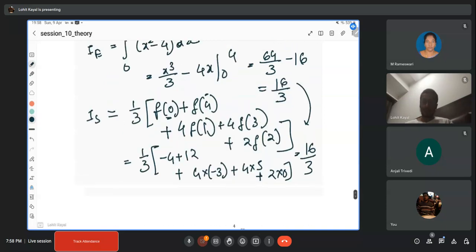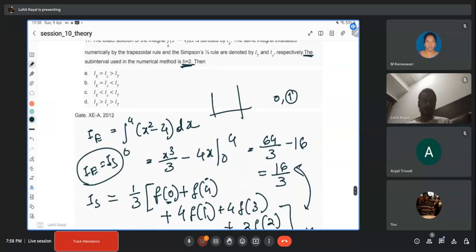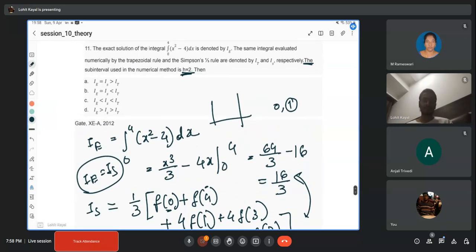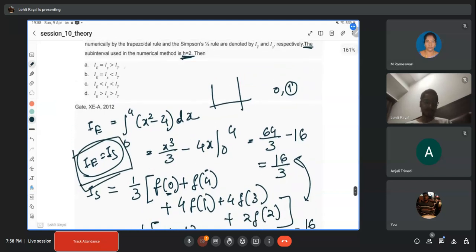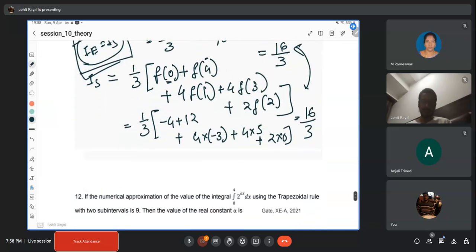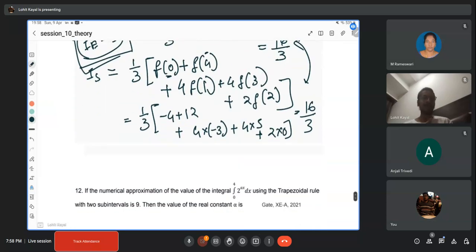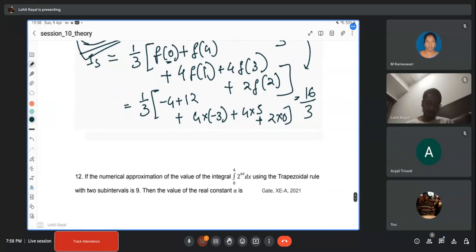So IE equal to IS. So we have found that already. IE equal to IS. Okay. So from your understanding of the Simpson's rule theory, you can directly write this answer for finding the correct option. Okay. But here I have shown that it will indeed give you the exact answer. Okay. Now